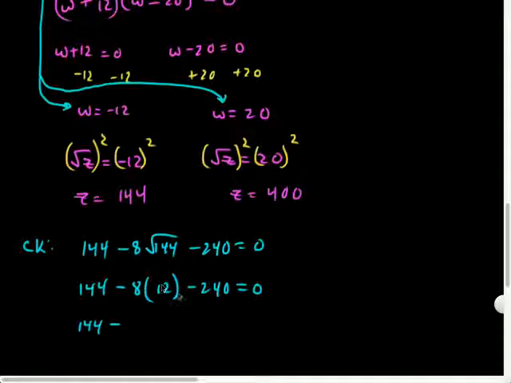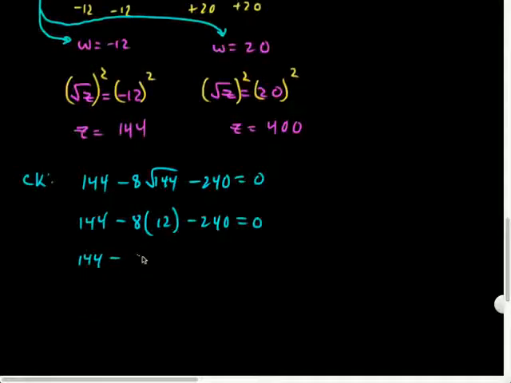144 minus 80 plus 16, that's what, 96? Did I make a mistake? Oh, okay. But you're saying 144. Yeah, clearly, 144 minus two things, one of these things being bigger, it's not going to end up equaling 0. But 144 minus 96 is 48, minus 240 is what, negative